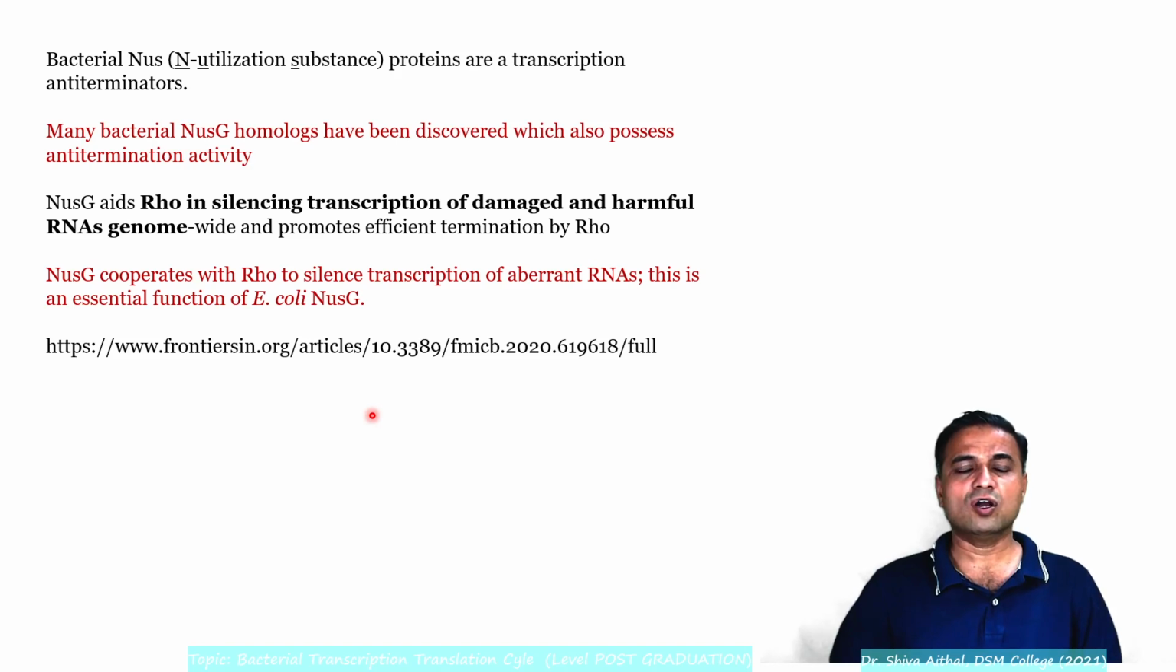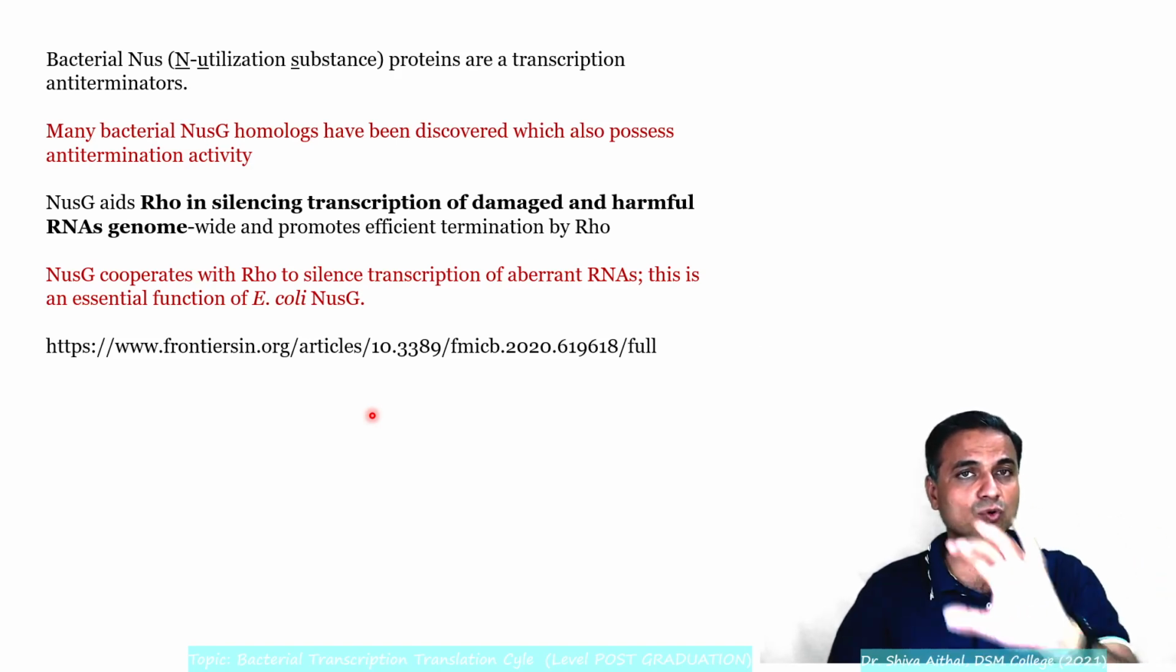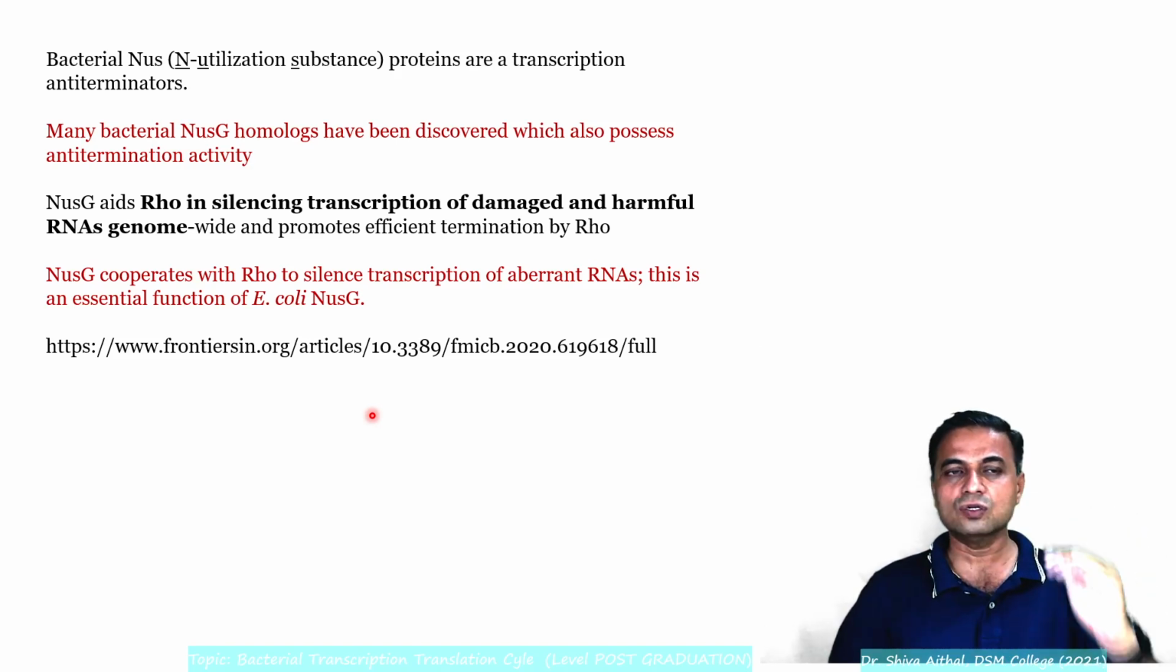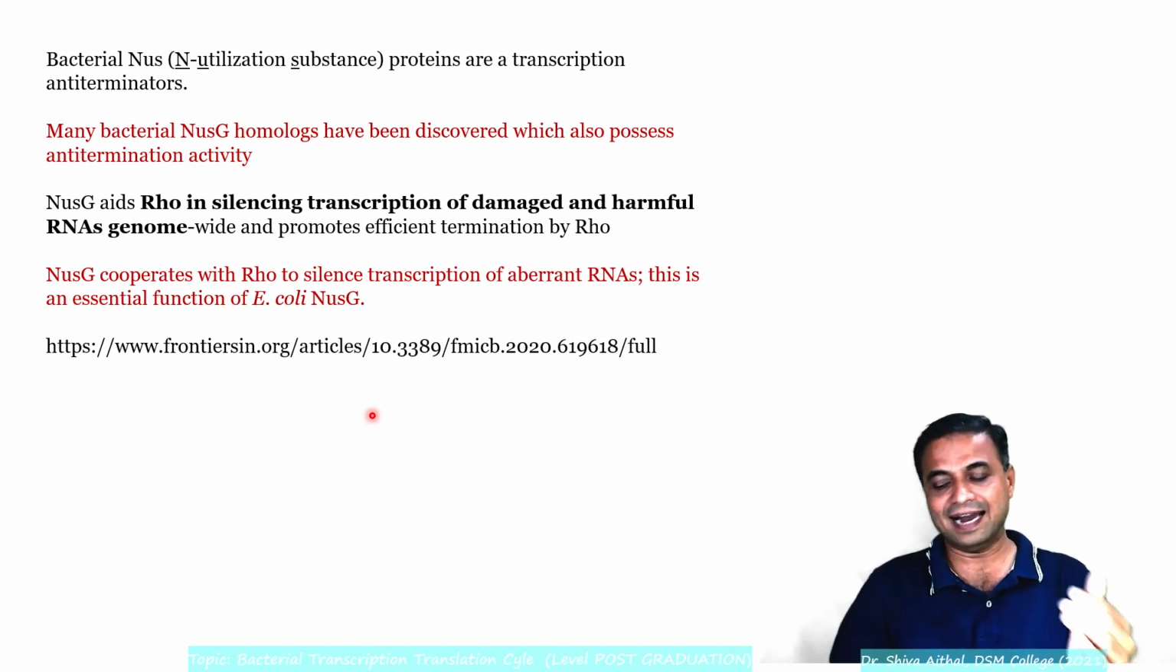Bacterial N or N-utilization proteins are transcription anti-terminators, and you should remember these 3 points very importantly. Many bacterial NusG homologs have been discovered which also possess anti-termination activity. NusG is not the only protein; there are homologs, meaning NusG-like proteins or NusG-similar proteins. They have been discovered, and they all play a role in controlling coupled transcription and translation through anti-termination